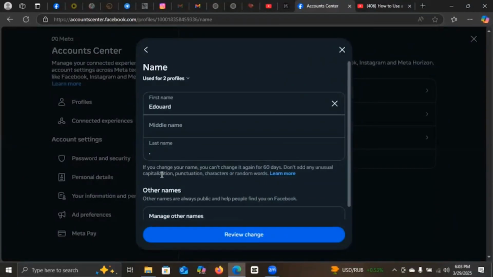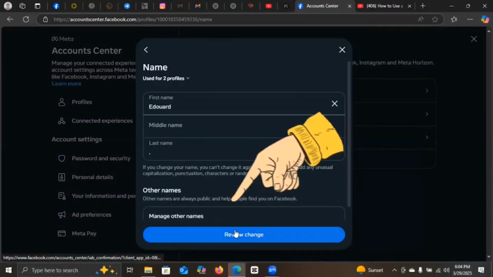Now, if you notice here, if you change your name, you can't change it again for 60 days. This is because of safety reasons. So you need to take note of that. So if you want to change your name, you need to make sure that this is your final decision and you're not planning on changing the name again. So all your name will be